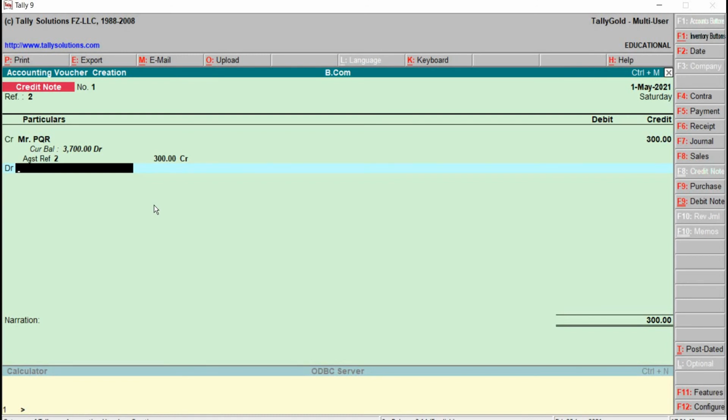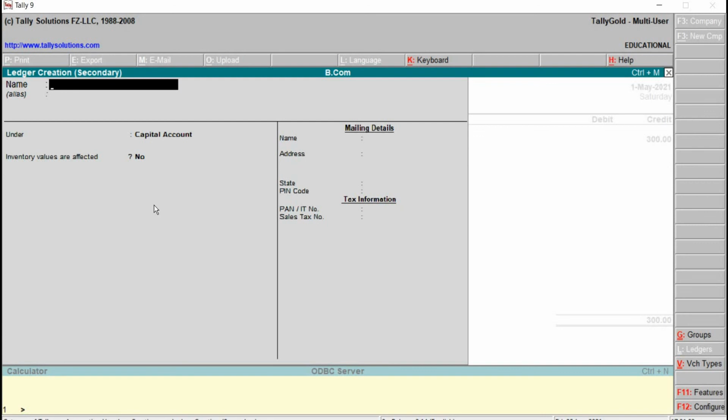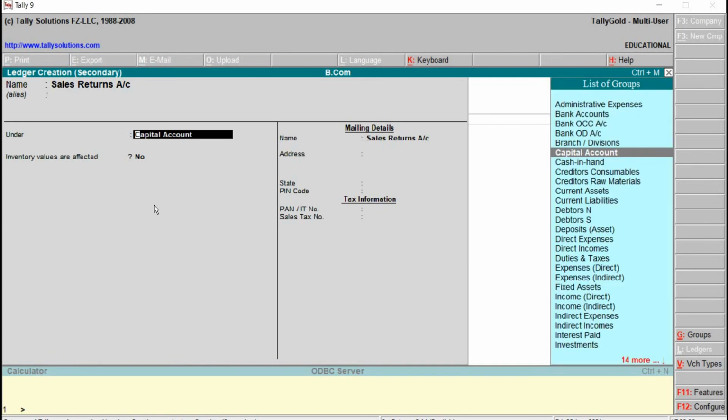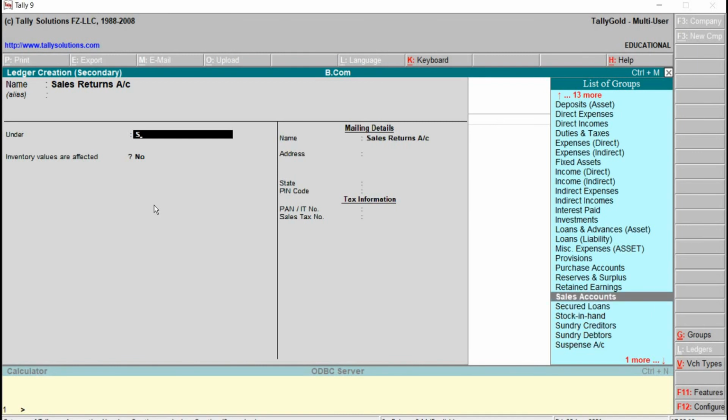Debit, and here we have to go for creating sales returns account. To create this one, just press Alt C. Alias will be blank and this will be allocated under the group sales account.